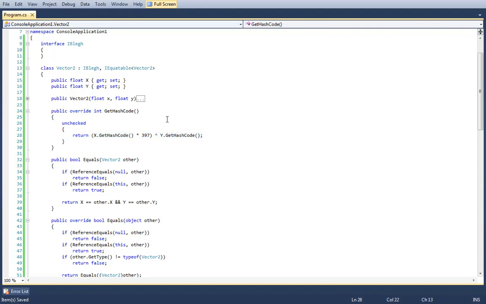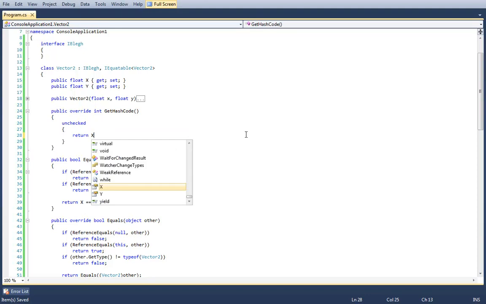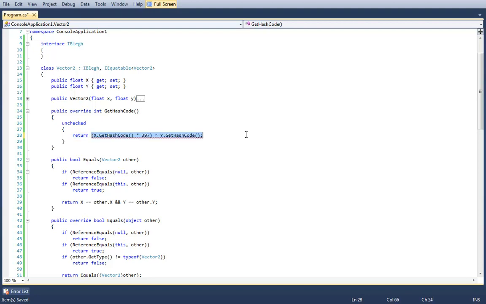No idea. I was actually going to say, does it matter how you define your hash codes as long as they're unique for the particular type? Well, yes. For example, I could simply say return x plus y. That would work, but it wouldn't be guaranteed unique. Yeah, but hash codes can collide. And when I say that, it means there is the possibility for two objects to have the same hash code even if they're not the same. But collision should be avoided as much as possible, because for every hash collision, every bit of optimization you get from using hashes to store in dictionaries and stuff like that is pretty much lost.